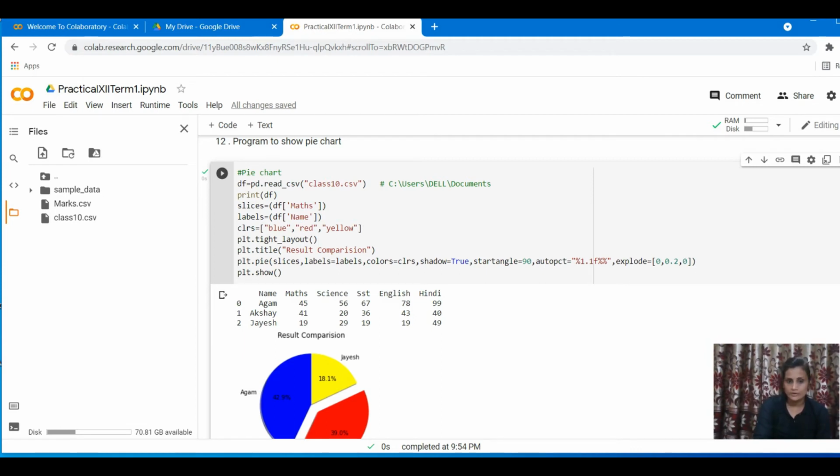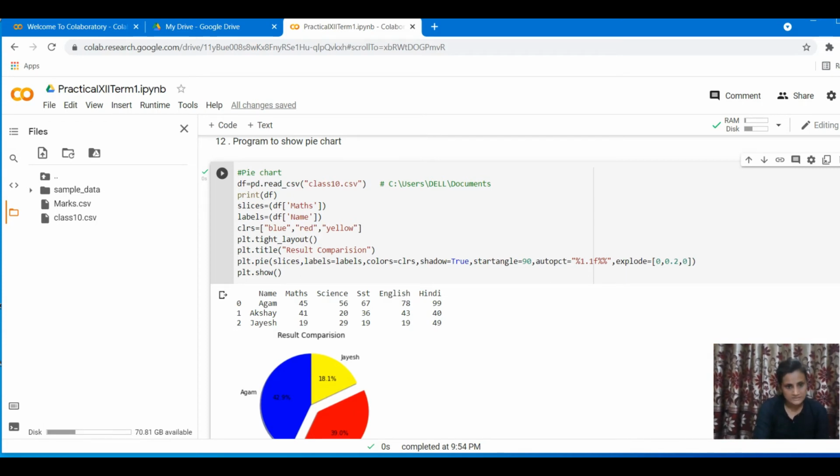As I told you, you cannot have multiple data series to represent, only a single one. So we are simply doing one thing, we are using the maths marks and the name. So a sector or slice that you are going to prepare tells you the subject marks, the percentage of the subject marks, and the name of the student, only this much.